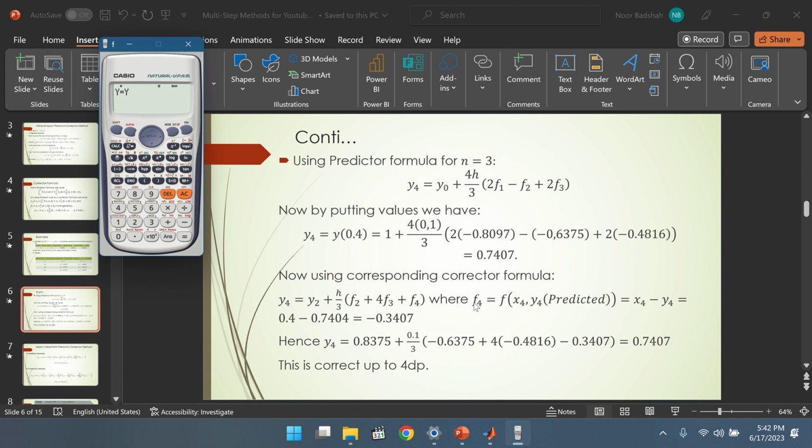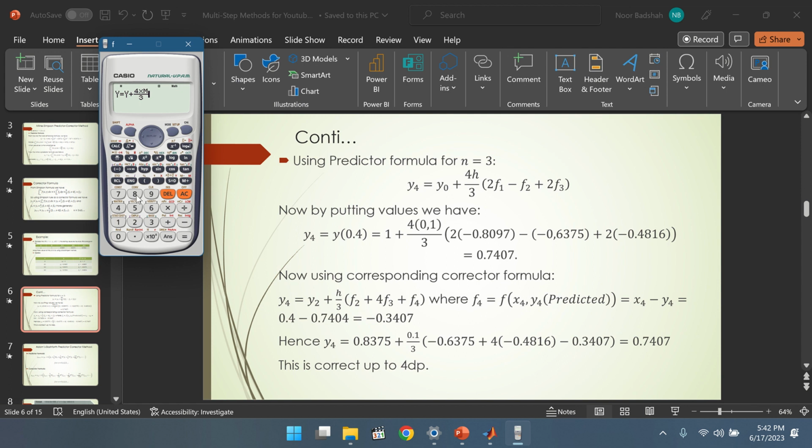Okay, so keeping this in mind, it's y naught. I'll just replace y plus, then I'll write 4h by 3, so we have 4 multiplied by m. I said earlier I'm going to use m for my h, and then we have divided by 3,